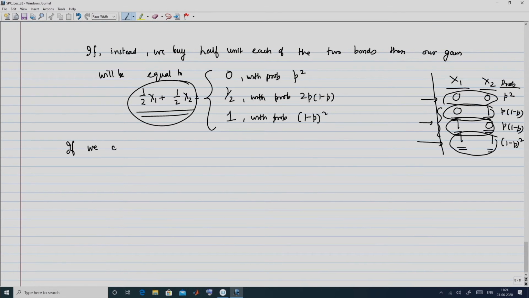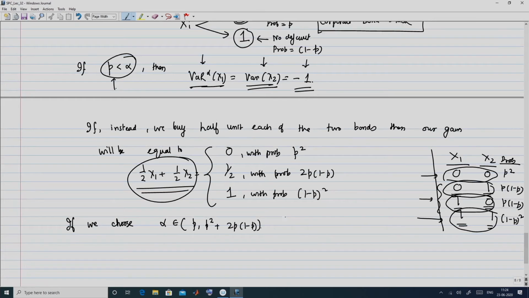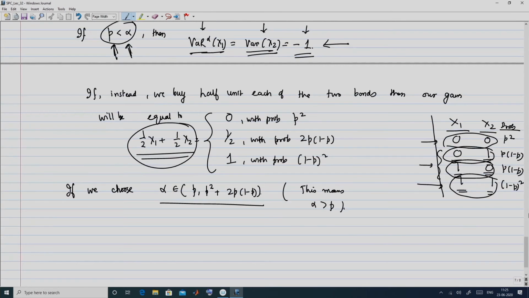So, if we choose alpha to be in the interval say p plus p square plus twice p into 1 minus p. Suppose we choose this alpha. So, this means that obviously alpha is greater than p, right. So, it is consistent with this condition. So, if I choose an alpha in this case from this interval, that will satisfy this condition, and then I choose the same alpha in the second case. So, then what happens? Then